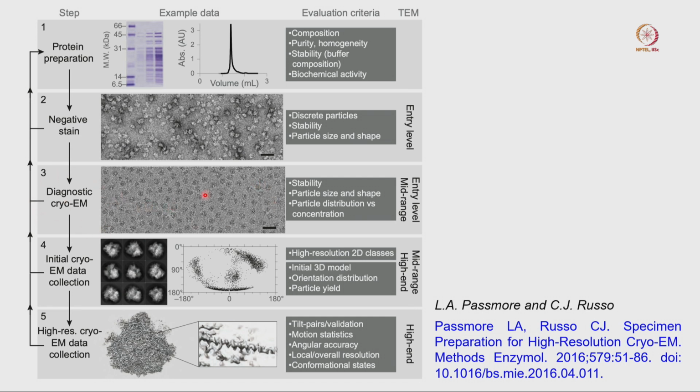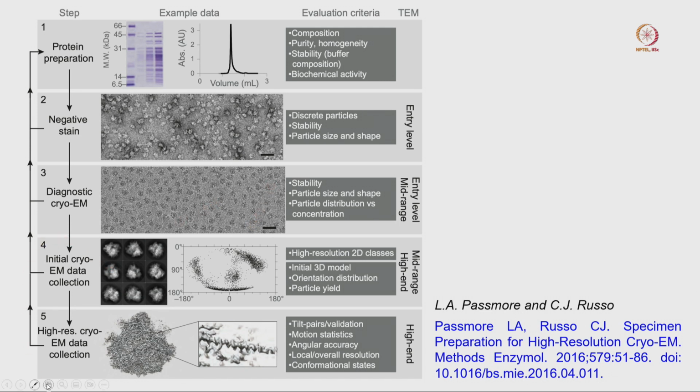In the cryo-EM study also it is the same thing, you have to pay attention to the stability, because a lot of the time due to surface tension or some other forces your protein may disrupt, or it may form small particles, or the molecules can come together and form an aggregation. So, you should see isolated particles, they should not be overlapped with each other. From there you can consider the particle size and shape and the particle distribution and the concentration. Both things are very important for the single particle analysis.